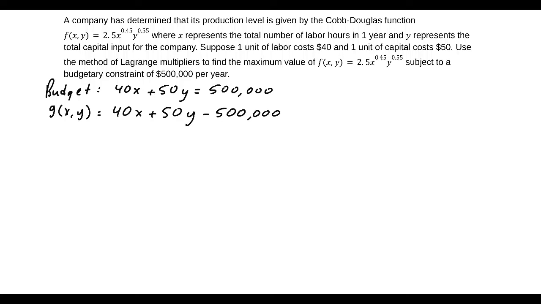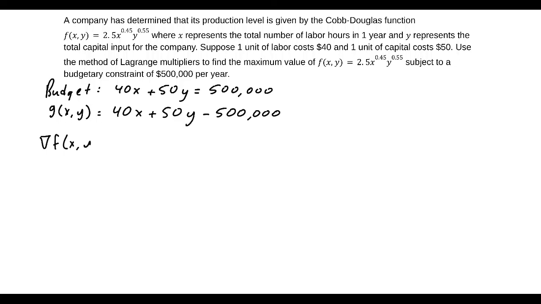Now we have the objective function, f of x comma y, and the method of Lagrange multipliers means that we are going to find the gradient of f and set it equal to lambda multiplied by the gradient of g, subject to some restrictions. So the gradient of f